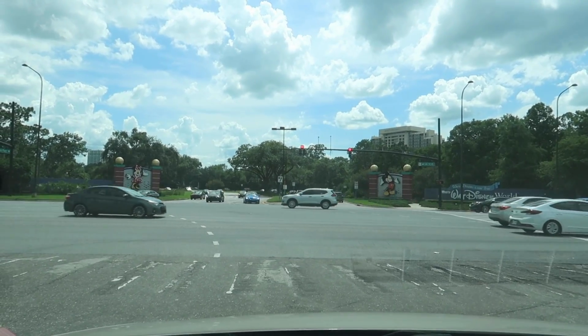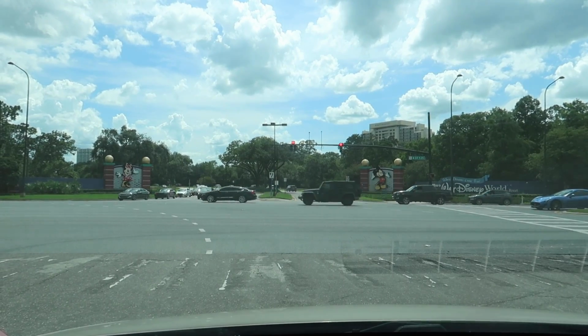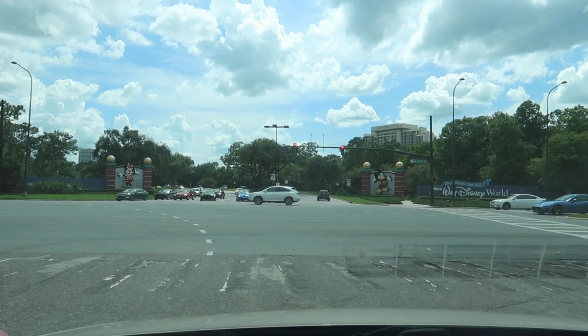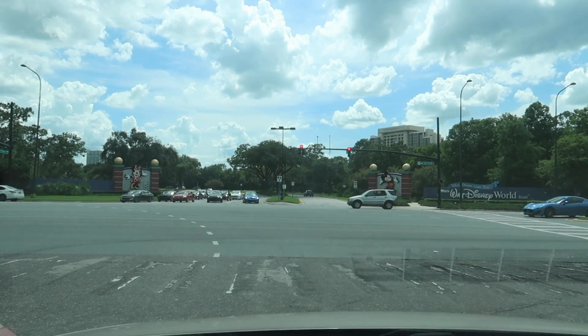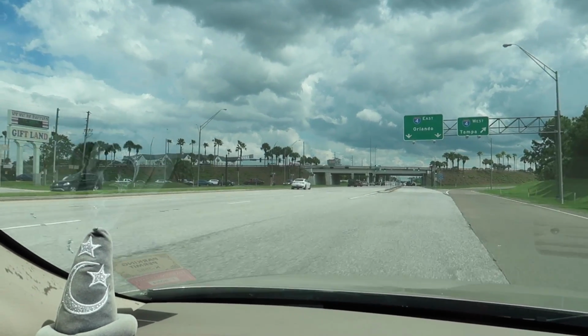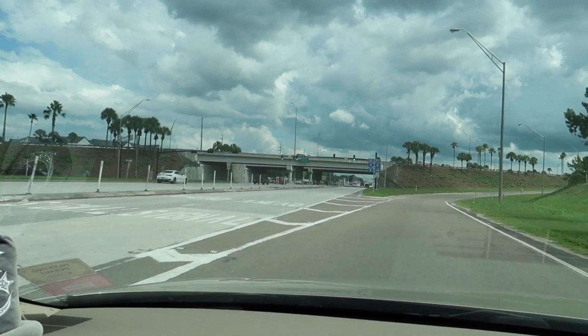I could go straight down Hotel Plaza Boulevard and wind through that road down past Disney Springs to end up at the parks, but that kind of defeats the point. So I'm gonna get back on the interstates and do this the right way by going underneath all of the arches today. I'm excited. So essentially there are 4 main exits to get to Walt Disney World off of I-4,